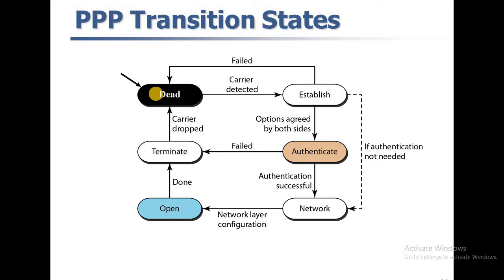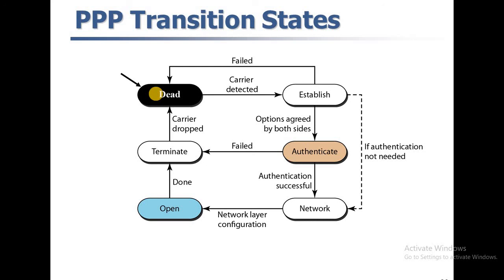If one or two nodes want to communicate, then it will move from the dead state to the established state. They have to establish the communication before transmitting the data. If both the parties are interested to negotiate or establish the communication, then they need to go for authentication. Otherwise, the parties can simply start the communication with themselves. If they don't want authentication, that is optional. Otherwise, they can directly start with the communication.